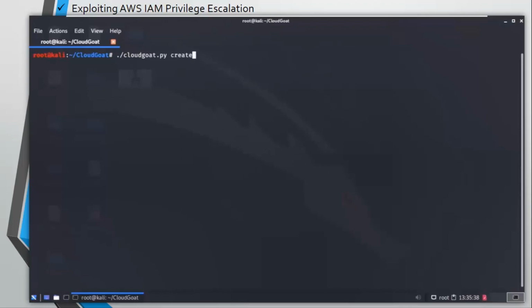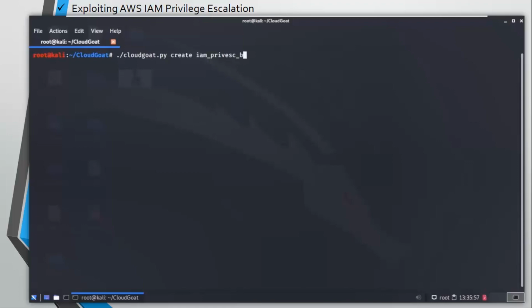And let's create the CloudGoat first scenario that we are going to look into in this series and how we are going to exploit it. So cloudgoat.py is going to create one vulnerable environment that we are going to exploit in this video.